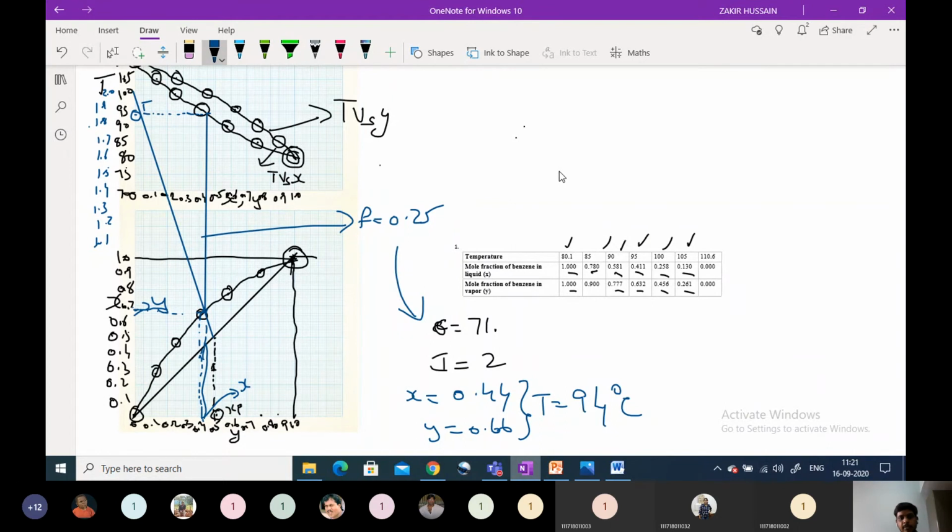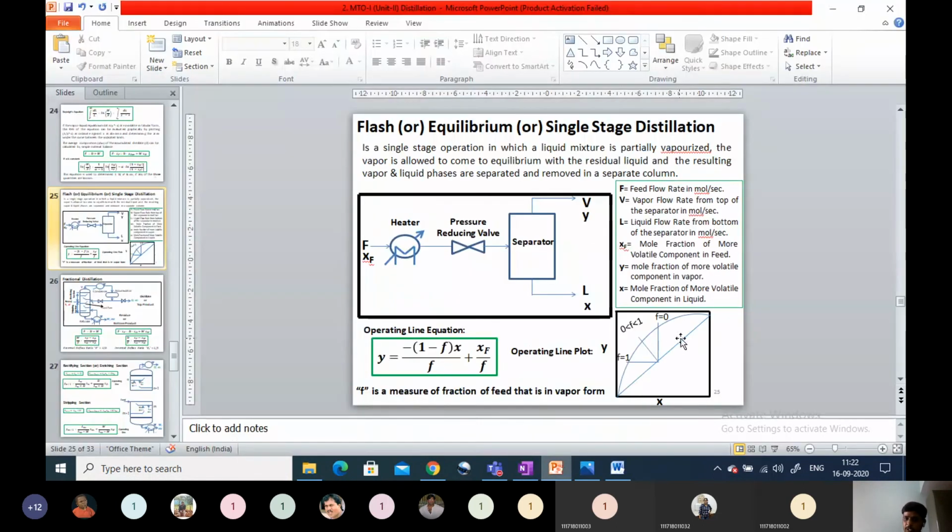And for the rest of the points, when f is equal to 0, they have given the first case as f is equal to 0. You need not calculate the intercept also. For f is equal to 0, our operating line is a straight vertical line. If you verify the PPT, for the f is equal to 0 case and f is equal to 1 case, we can locate our operating line vertically and horizontally, respectively.